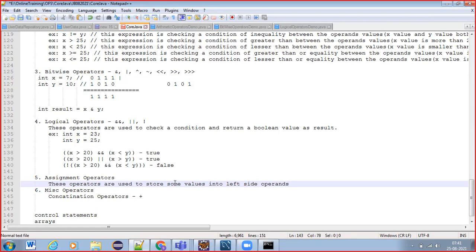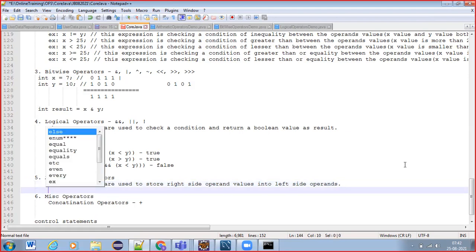More specifically, you can say right side operand values are stored into left side operands. So always the assignment operators are used to store the right side operand value into the left side operand.